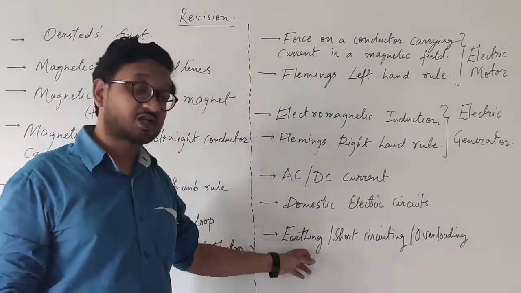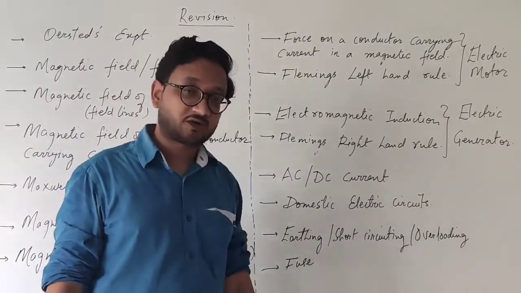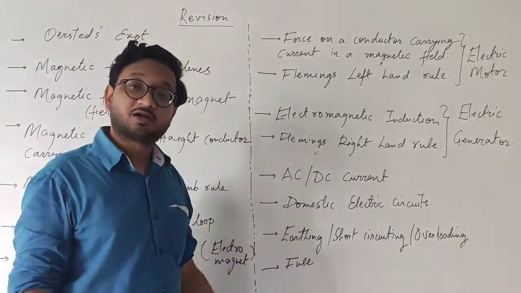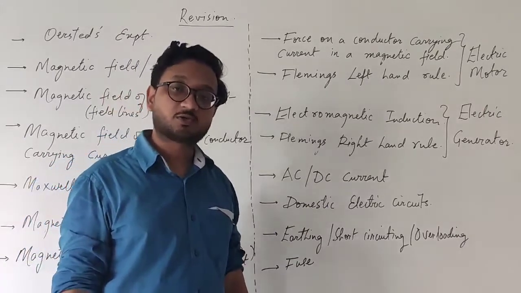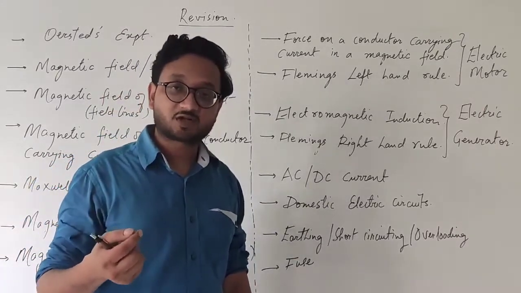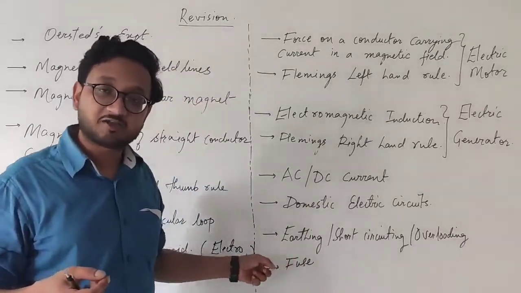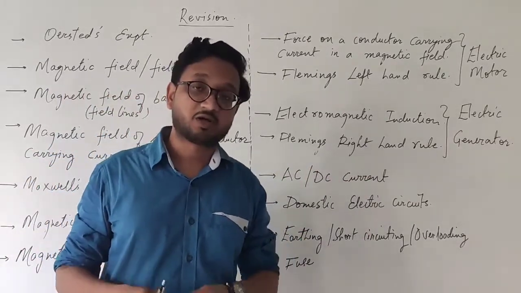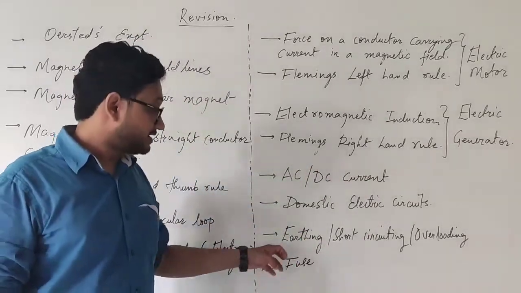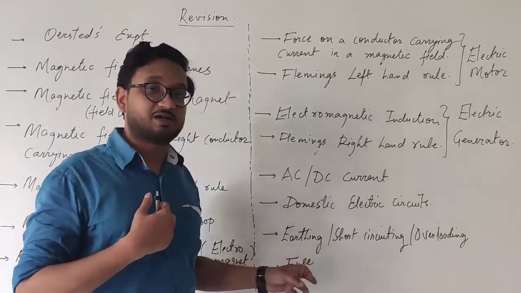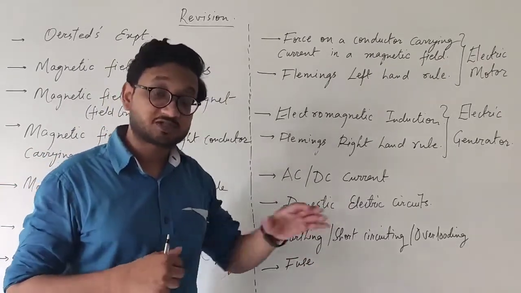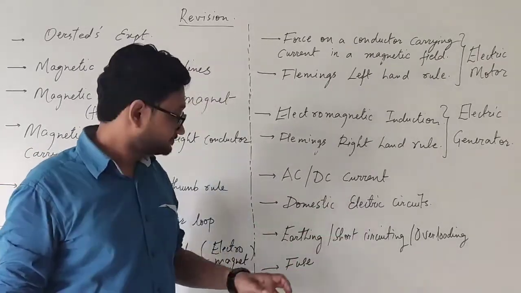Earthing is something that we studied in 8th standard, some natural phenomena. Earthing is simply the safety precaution taken in our household, such that if there is a leakage of the current in an appliance, it passes through the earthing wire and gets distributed to the ground, and therefore it is dispersed, and it does not cause harm to us when we touch a particular appliance which is having electrical issues.